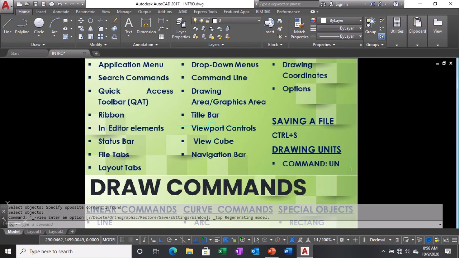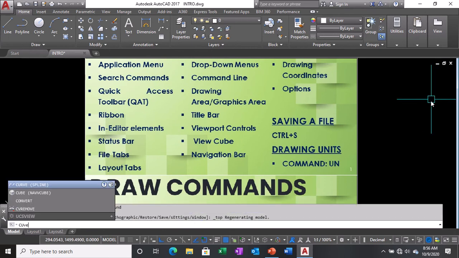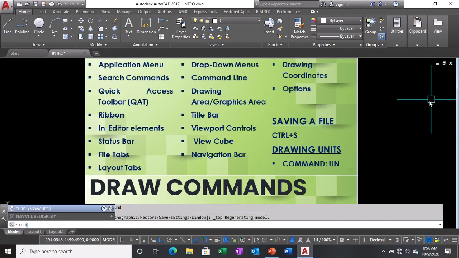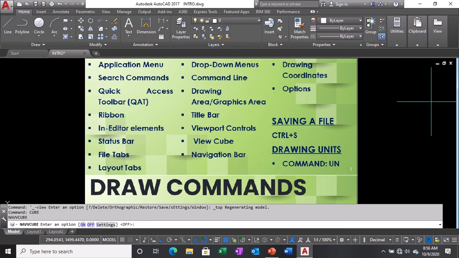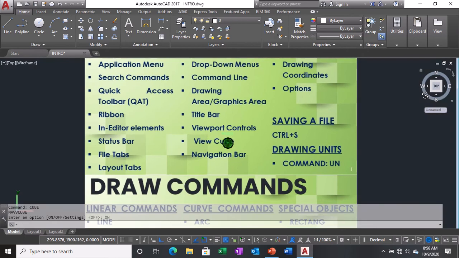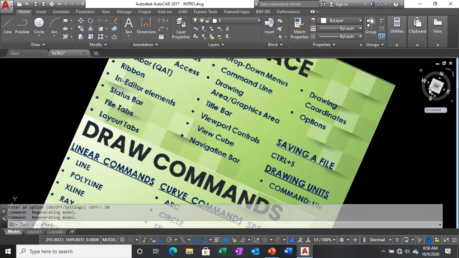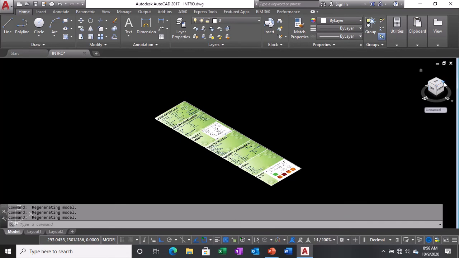And then after that, we have the view cube. Actually, the view cube is here, but I usually turn it off. So let's just show it by typing the command cube. It's currently off, so just click on. There you go. This is the view cube, the one that you see with north, east, south, and west. That is the compass. So you can actually drag that. Okay, and you can click some parts,